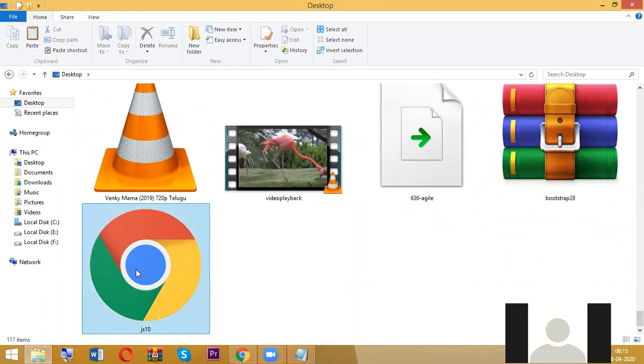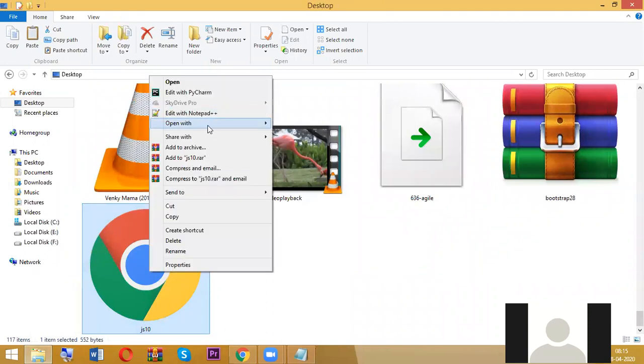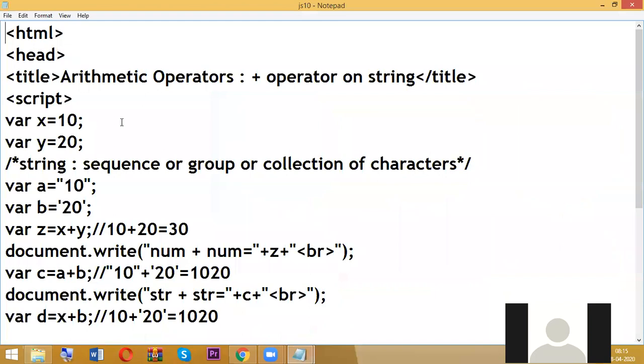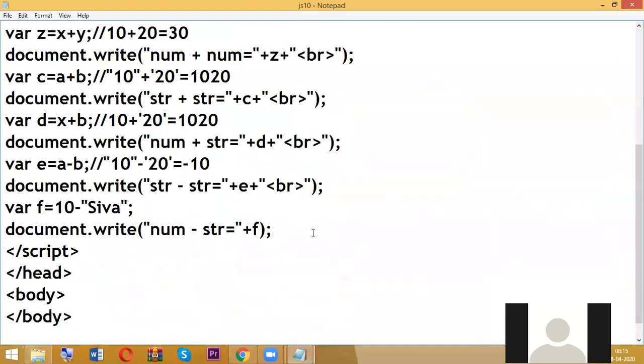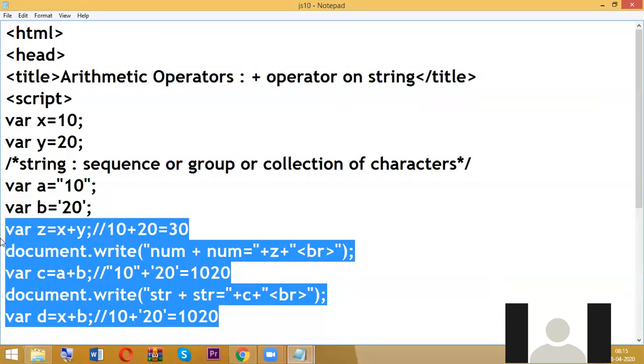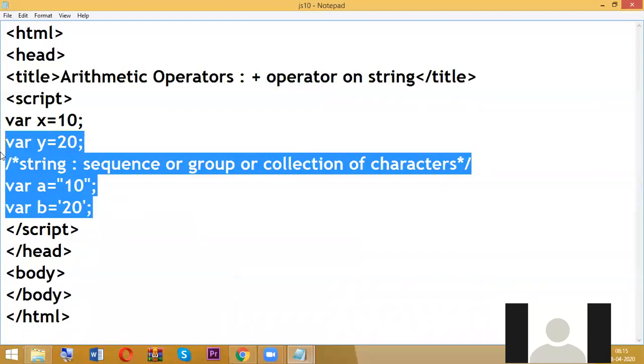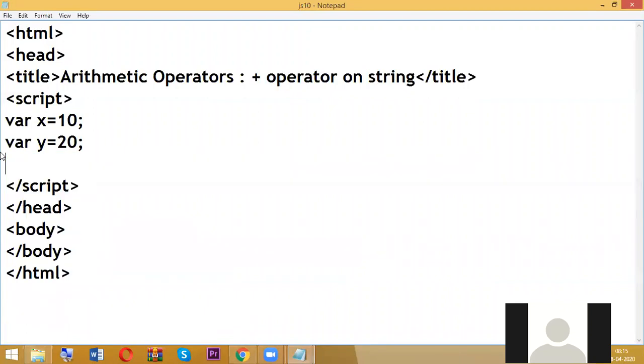Okay, so now I'm opening an HTML file. Here I'm going to try some expression. The x value is 10, y value is 20.